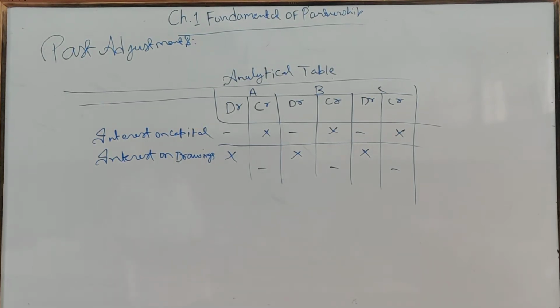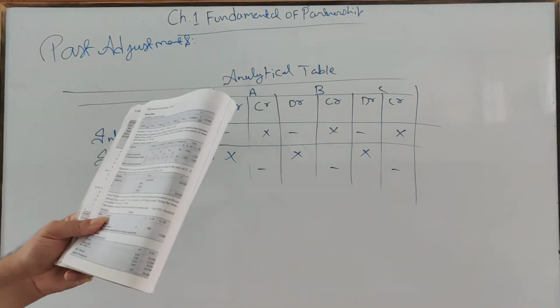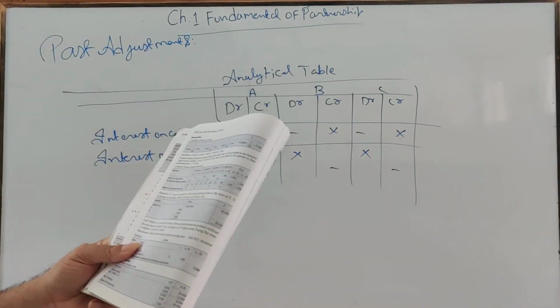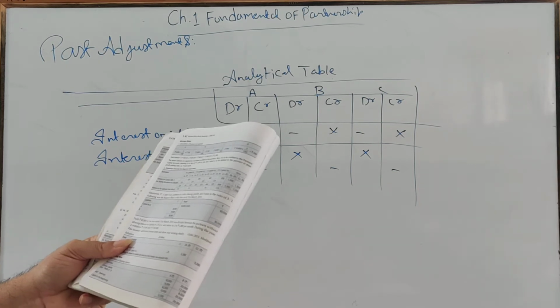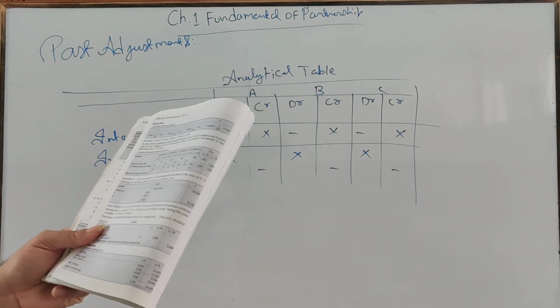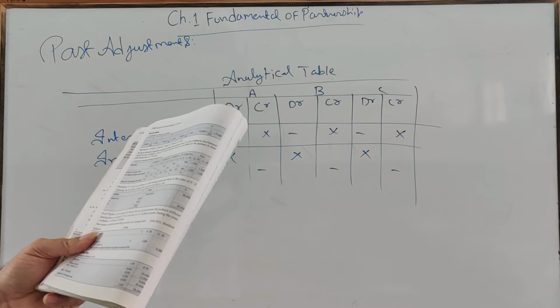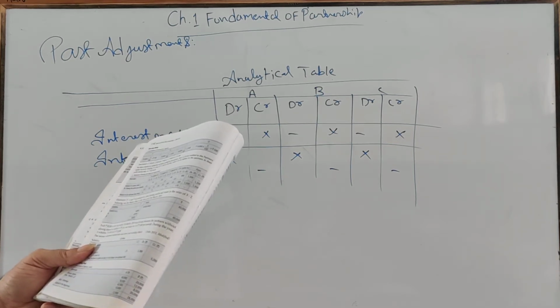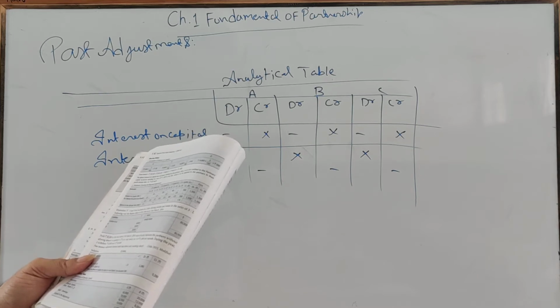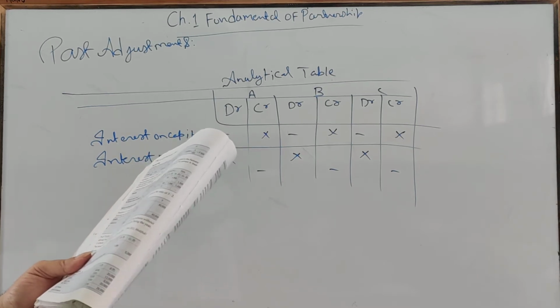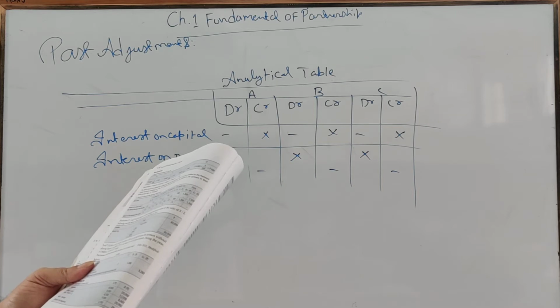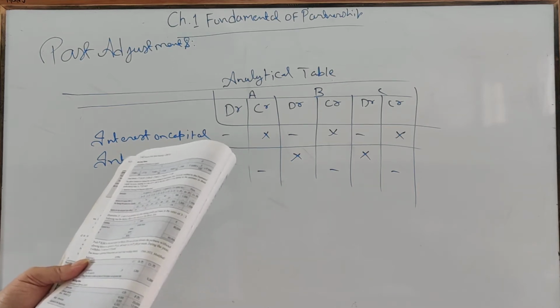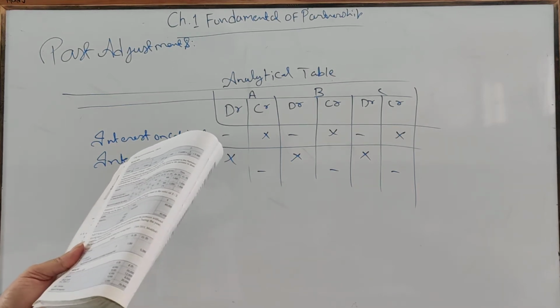Okay. See one example here. I will upload the photo. There are two partners A and B. They share profit and loss in the ratio of 3:2. The balance sheet is given. Profit of 30,000 for the year ended 31st March 2016 was divided between the partners without allowing for interest on capital at the rate of 12% and salary to A at the rate of 1,000 per month. During the year A withdrew 10,000 and B withdrew 20,000.